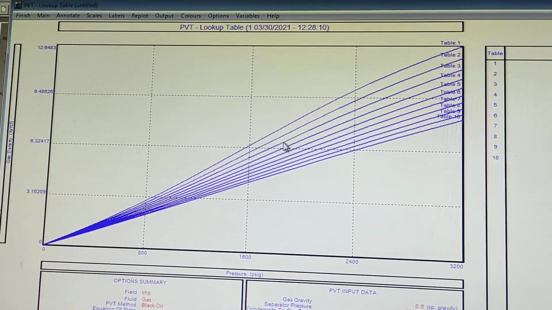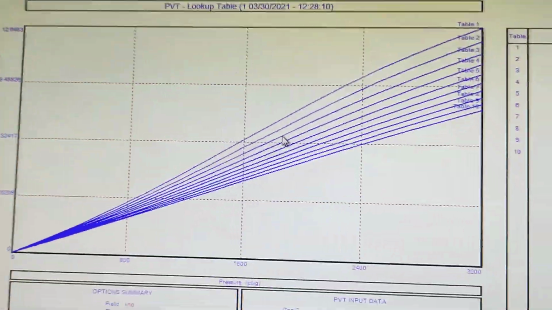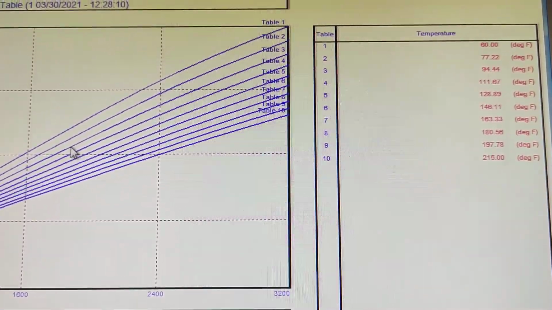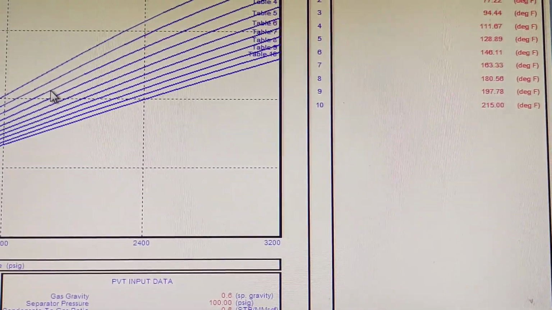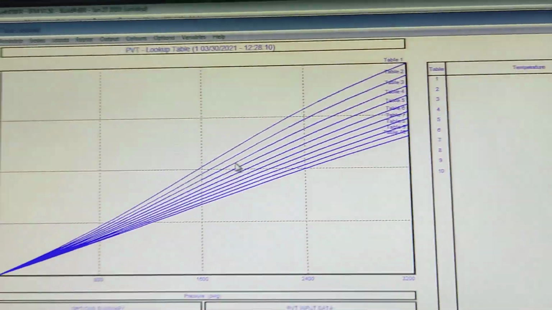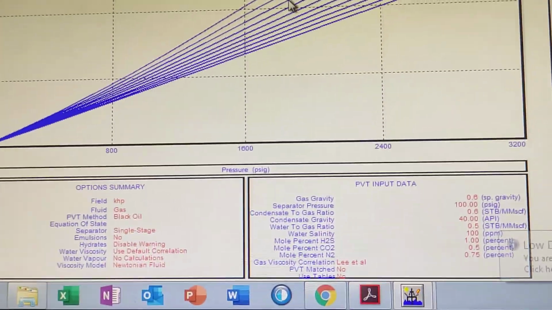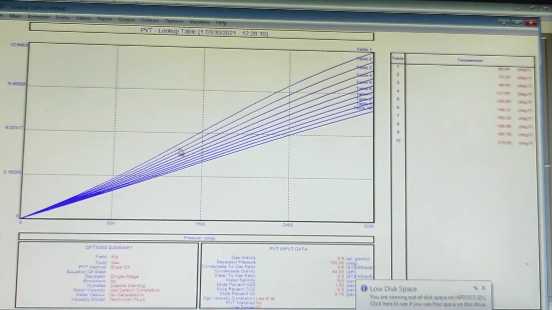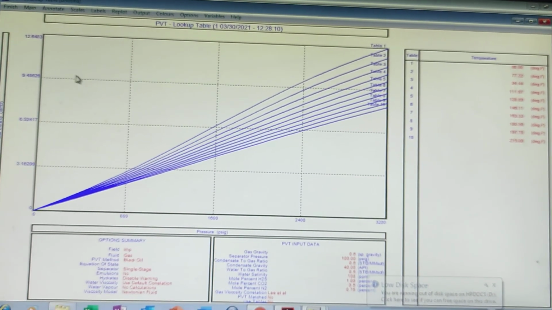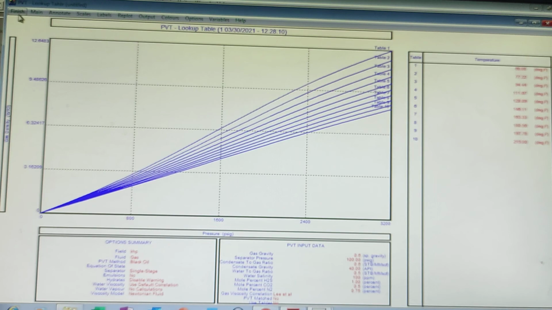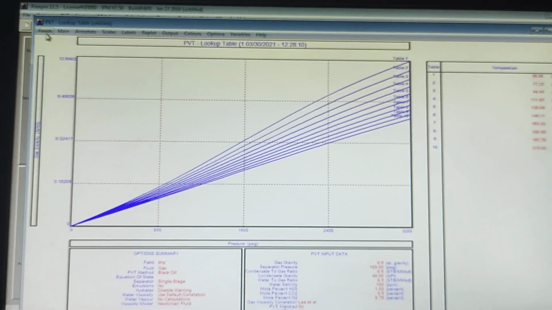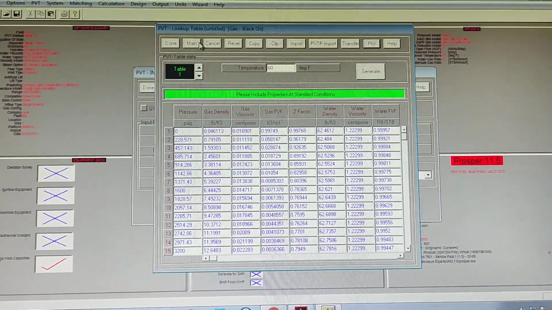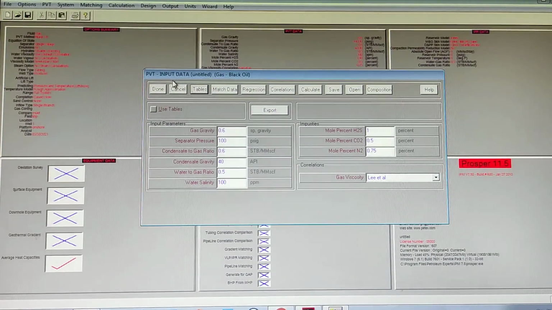So these are the 10 steps according to your temperature. On the right side you get temperature 60 up to 215 as I have given in the previous window. And on the bottom, this is about your description. This is all about your second window. In the second window there are many things; we will move on to these things and we will calculate also. So click on finish. So this was all about your second window.